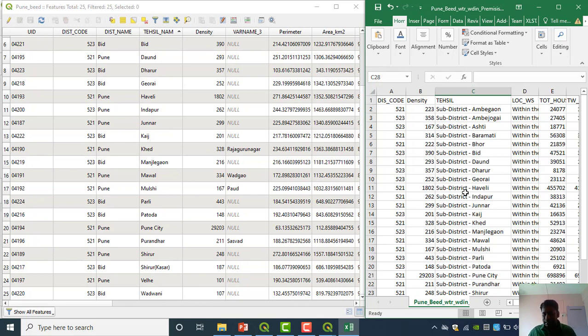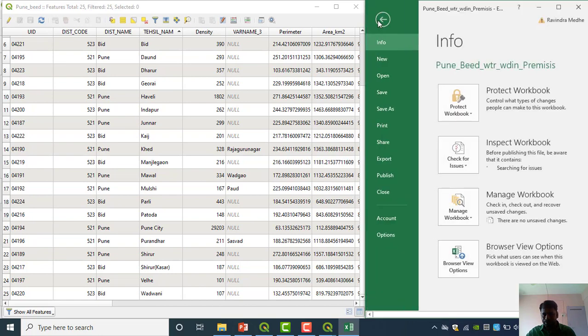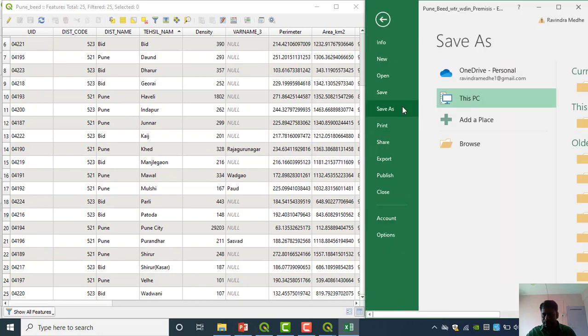Okay, in Quantum GIS it takes that CSV file, but that doesn't mean all software follows the same path. The other software, I will give you the example of ArcGIS. There is no need to convert the Excel file into a CSV file. We can directly join the Excel file into the attribute table, but here in Quantum GIS we have to convert the format. Okay, how to convert Excel to CSV? Very simple. Go to File, go to Save As.